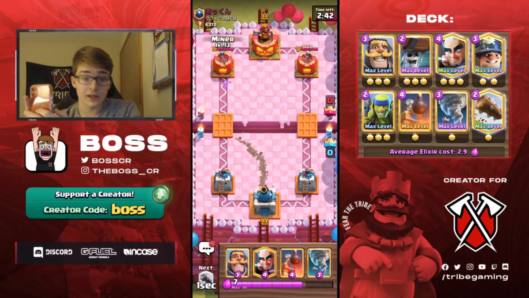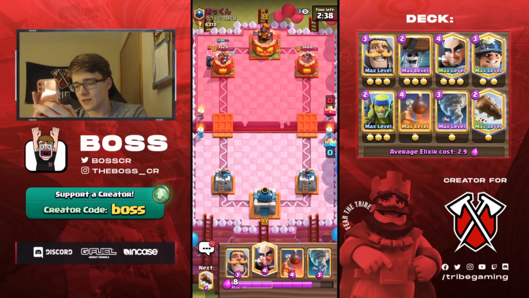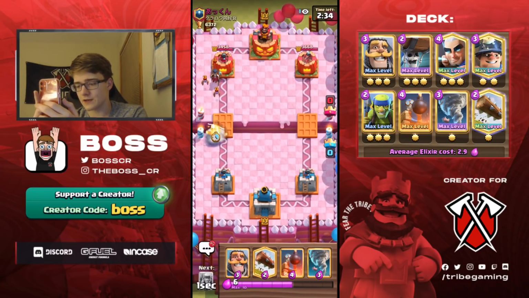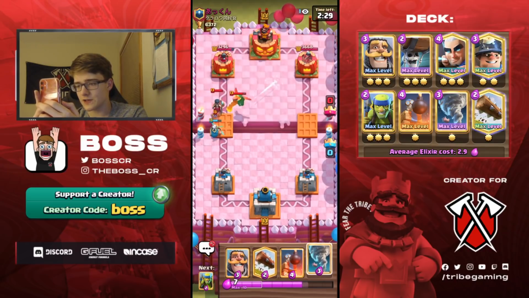Oh, I thought he missed one of the Wall Breakers, or like it didn't deal damage to it, but looks like he was able to deal just enough for it not to connect. So we're going to try to sneak a little bit of damage in here. Really good Baby Dragon on his part. The question is, can we actually...